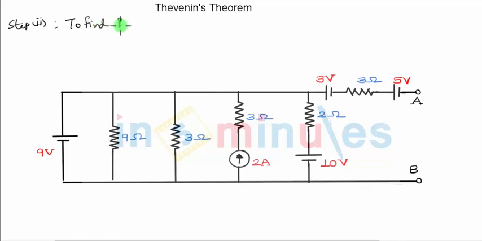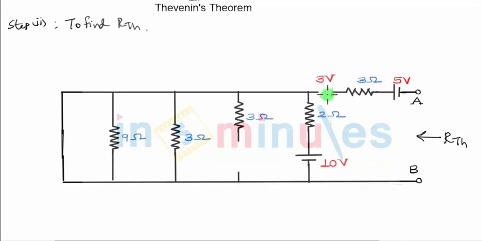To find RTH, I will once again consider the original circuit. RTH will be defined across the same two terminals A and B. The very first step you have to follow is to replace all the sources. The voltage sources will be short circuited and the current sources must be open circuited. So the very first thing I can do is remove this 2 ampere current source and there will be an open circuit in place of it. We will have to short the voltage sources. So this 9 volts will be shorted first. So let's short it with straight lines. It's a short circuit branch, 9 volts replaced.